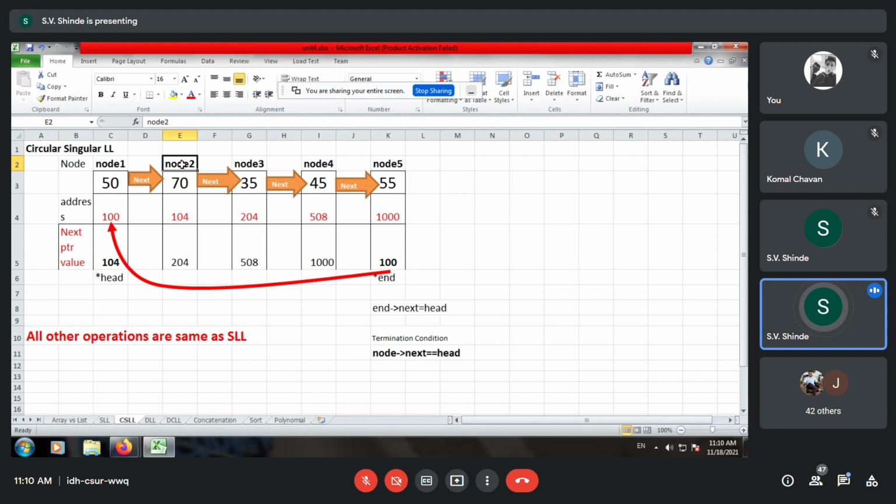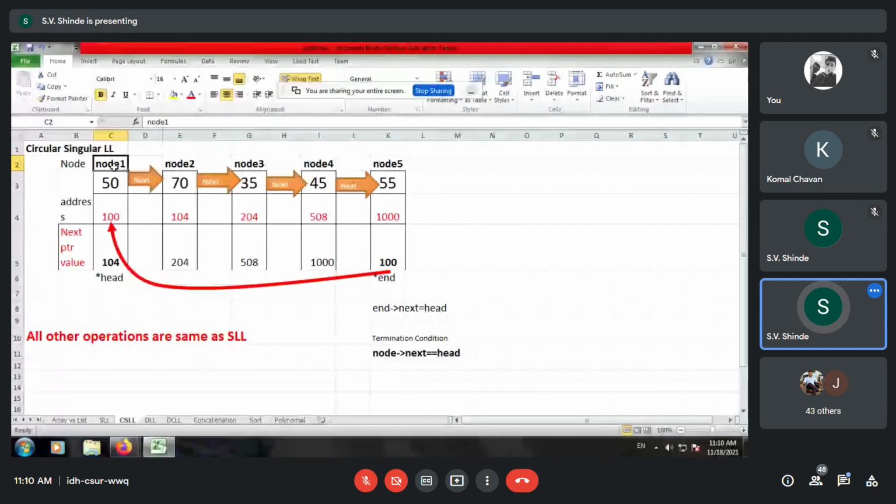So if node 2 is the head node, then the last node is nothing but node 1. So that is the advantage of the ring network. You can start from any node and you can end with the previous node. Everyone getting the advantage of the ring node?